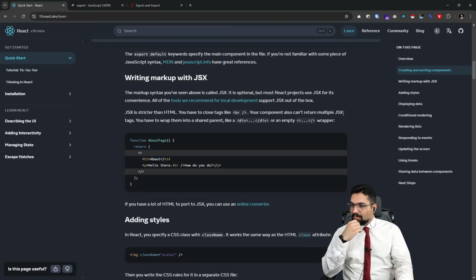All of the tools we recommend for local development support JSX out of the box. JSX is stricter than